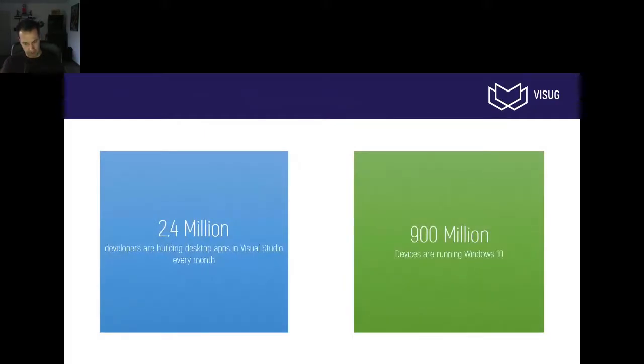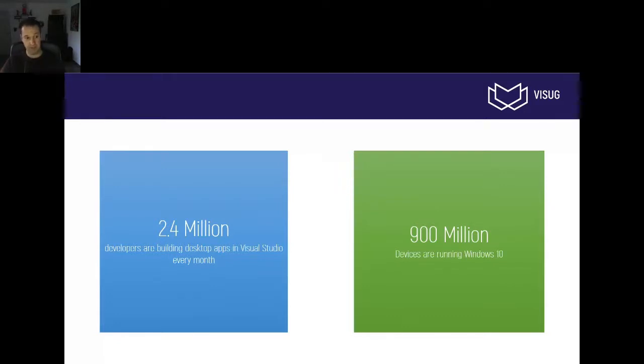So, and this is usually the part in the talk where I ask people for a show of hands on how many people are actually still doing WPF or WinForms development, either in a legacy application or actually building new applications. It's a bit harder to do here on the online platform, but usually the show of hands is quite impressive, much more than you would expect. And it amazes me every single time. I've done this talk quite a few times already, and it amazes me every single time again.